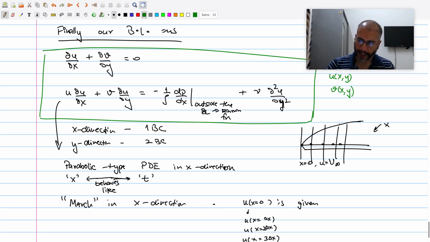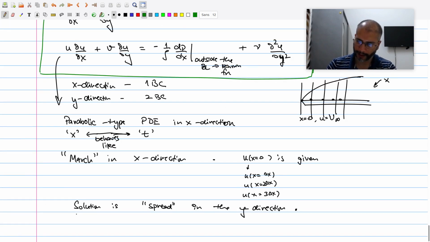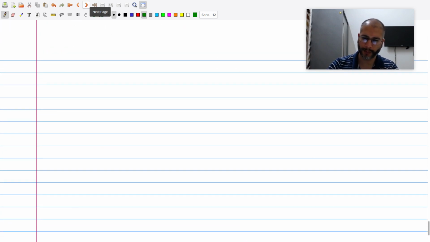Right, so let's see if we can actually solve this, and for developing a solution methodology, we'll be using a flat plate situation. Flat plate is the simplest geometry that we can think of in terms of developing boundary layers. It's a straight x coordinate, no curvature. And the other reason is that for this situation, there has been a very interesting development done in the history of fluid mechanics. So it's worth mentioning those people and the work they have done.